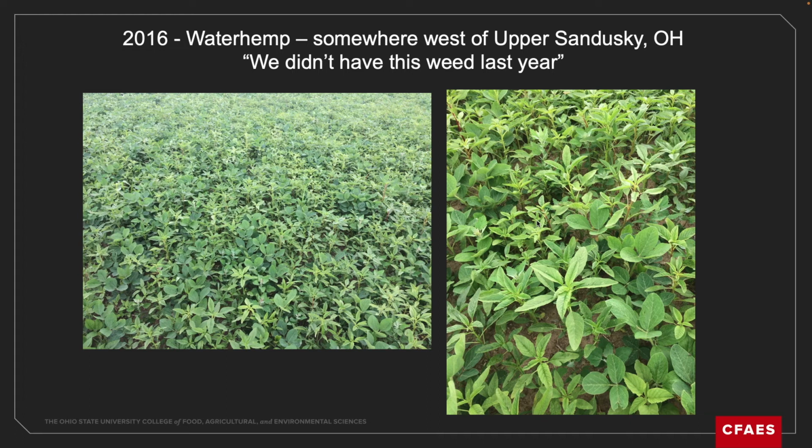The grower's comment was we didn't have this wheat last year, and we figured out that finally it had been corn the year before, and yeah, they had to have some in there, but really not like this. It just shows you how fast the population can increase. So obviously, when you have a neighbor, you have something going on in the neighborhood with this going to seed, and somebody's not taking it seriously, that's a place where, I know people have tried to use the noxious weed law in that case to kind of shut that down so it doesn't impact the whole neighborhood.